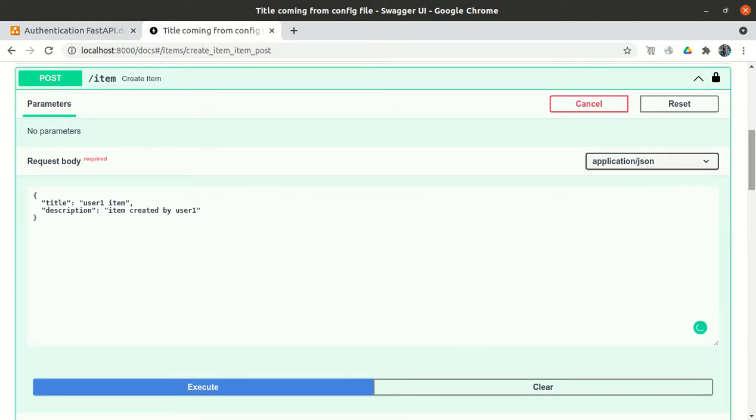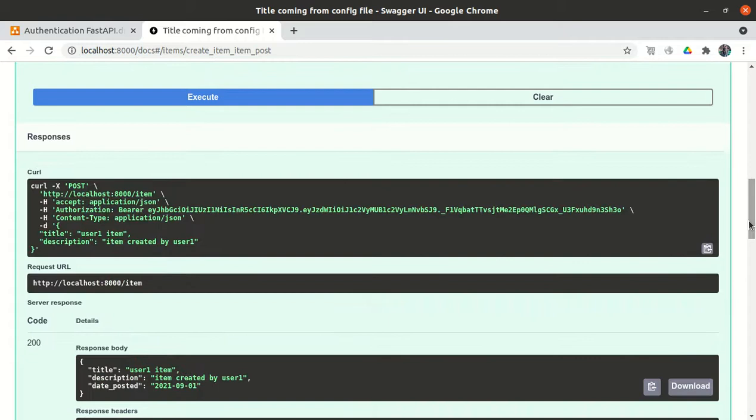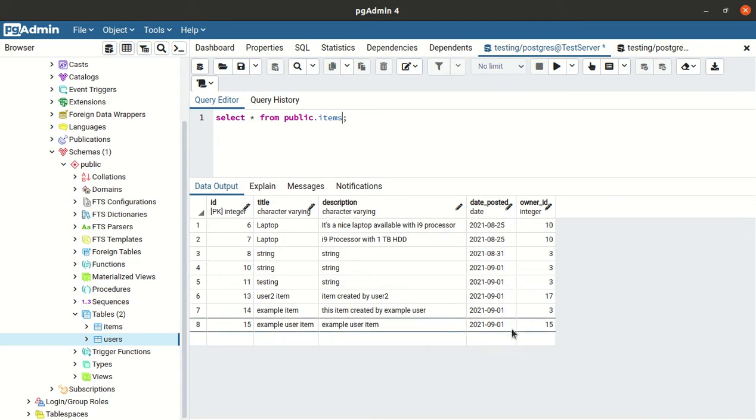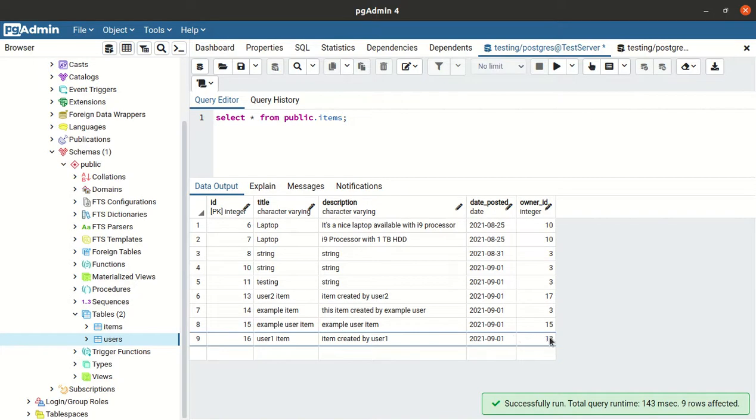Execute it. So it's inserted. Its ID is 18. The new item should have owner ID 18. So now the owner ID is 18.